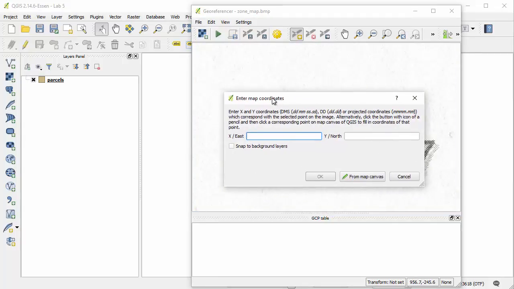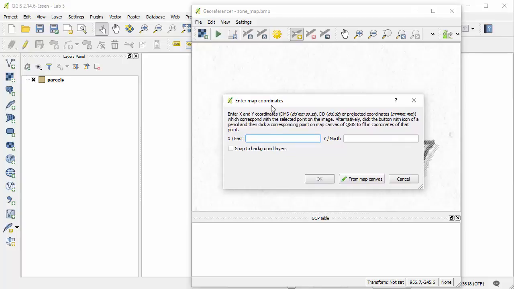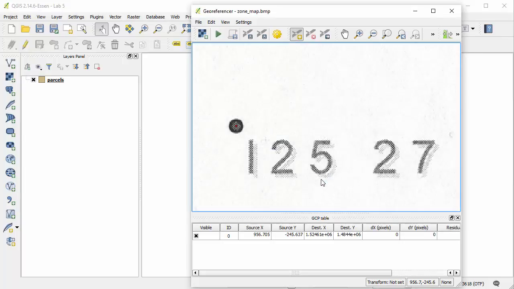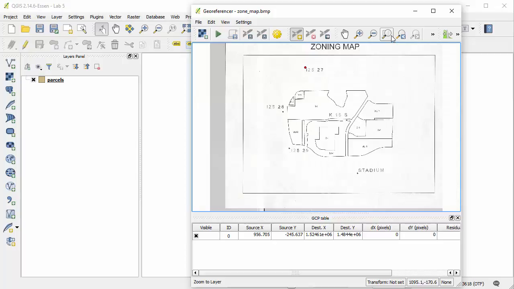And when I do that, it's going to ask me for the coordinates. And so I have to enter the easting first. And so that's 1524.608.32. And then the northing, 1484.404.48. And then I'll click OK. And then I will zoom all the way back out to the layer. And next we'll zoom into